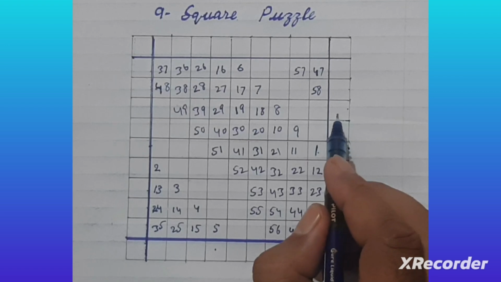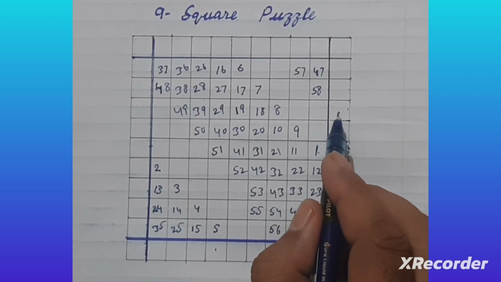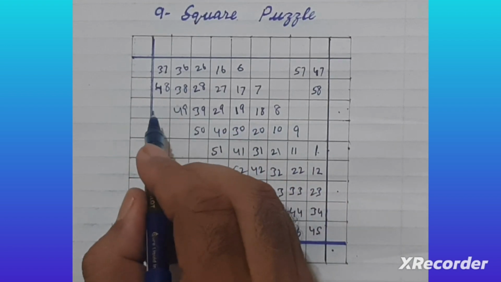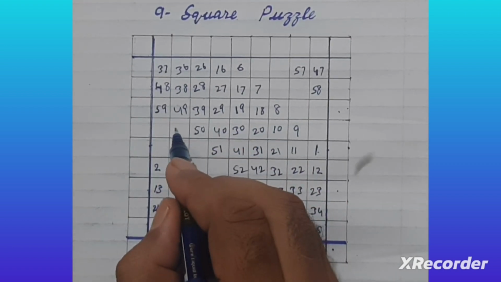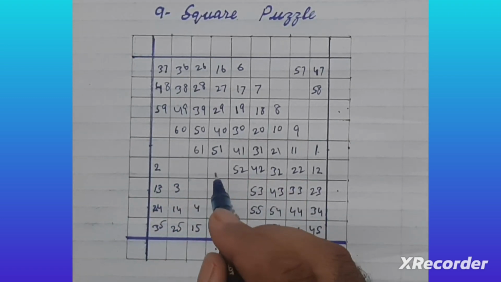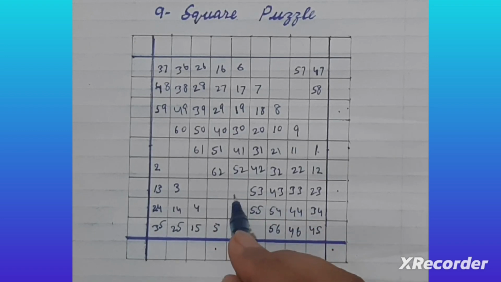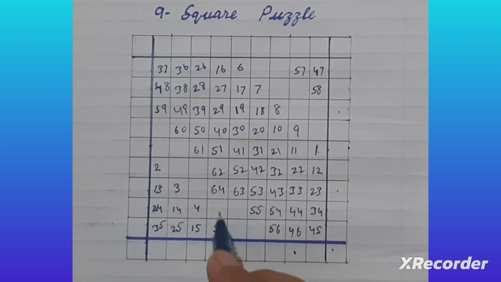59. The movement is here. It is out of the square. We follow this row. At its beginning we write 59, and here 60, 61, and 62, 63. 64 should be here, but it is already filled. We go back. 64, 65, and 66 here. And the next movement is